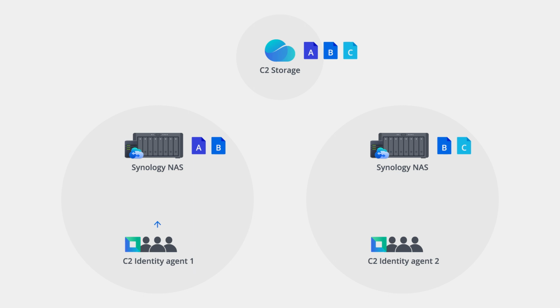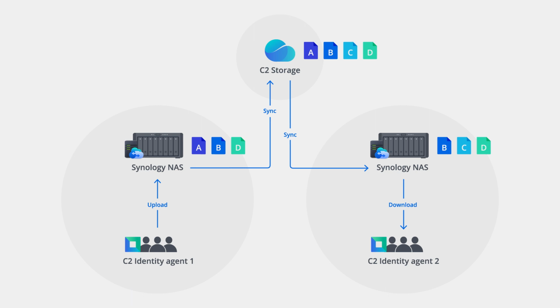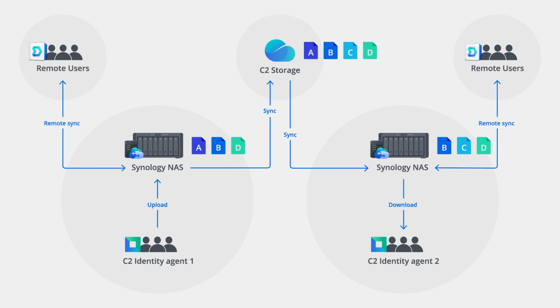And if any users upload or change data in that local cache through SMB, for example, that'll first be transferred to their respective local NAS. It'll then be sent up to Synology C2 Storage and made available at the secondary site on demand should they ever need that data. Simultaneously, the end users that are remote to their closest Synology NAS can interact with their Hybrid Share folder through Synology Drive, either through the Synology Drive web portal or through direct sync tasks that will then be sent to that local NAS first, and then again back up to Synology C2 Storage to be made available on the other side should that other NAS ever need it.